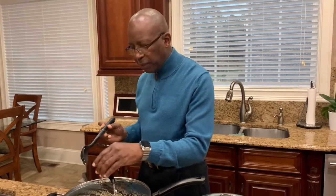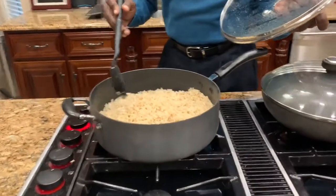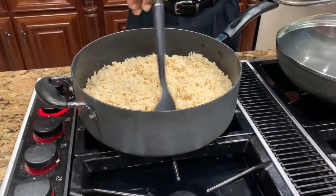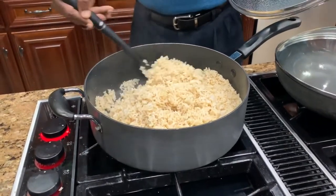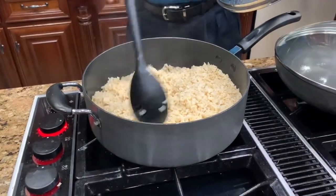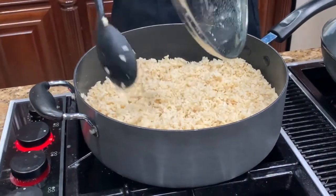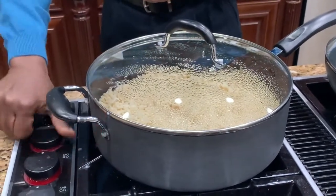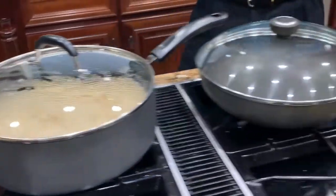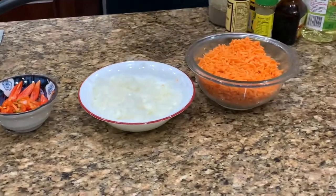I don't remember the exact time, but I think it's about 20 minutes ago. The rice was being boiled, and now I'm checking on it, and I am seeing that it's pretty much consistent. It's dry, basically, and cooked. So I think I'm done with this. So I am going to take this off, and then I'm gonna be keeping an eye on the other part of this. So what I want to do, the major